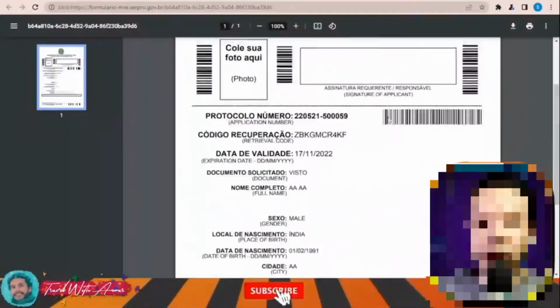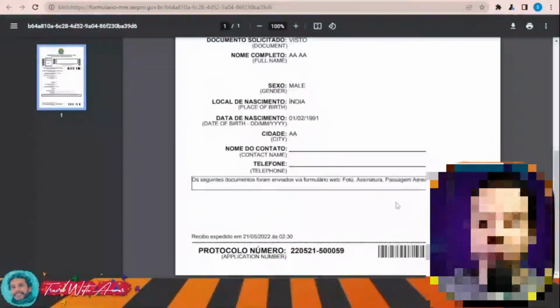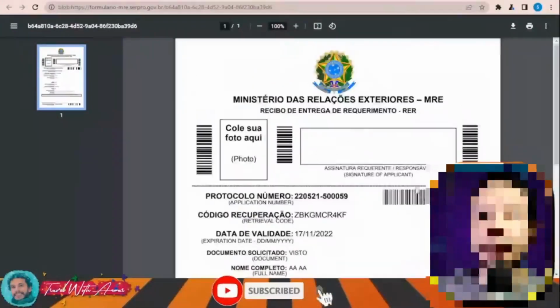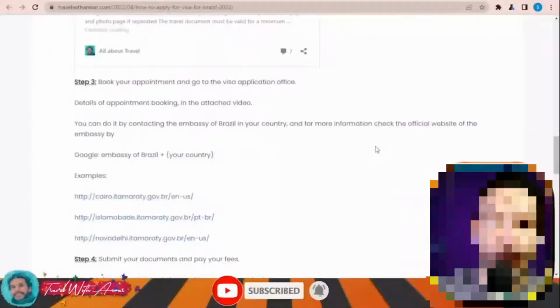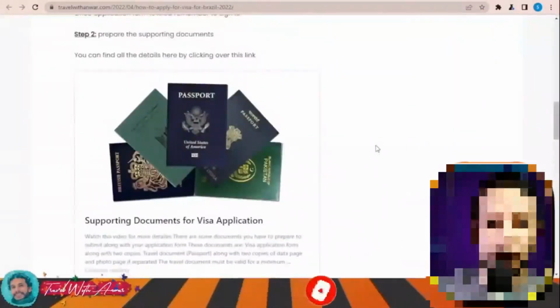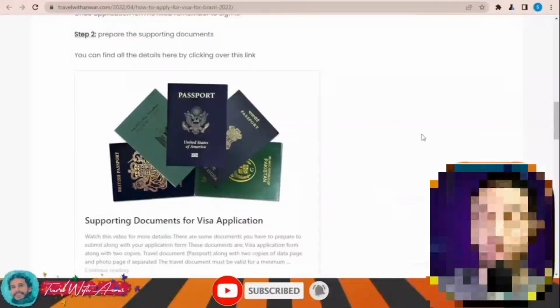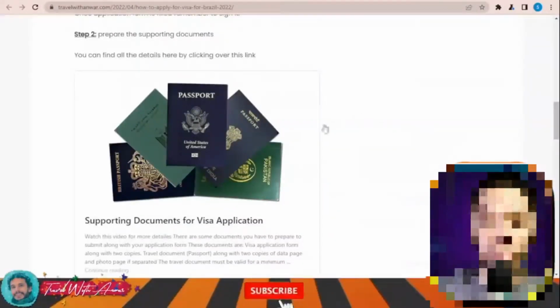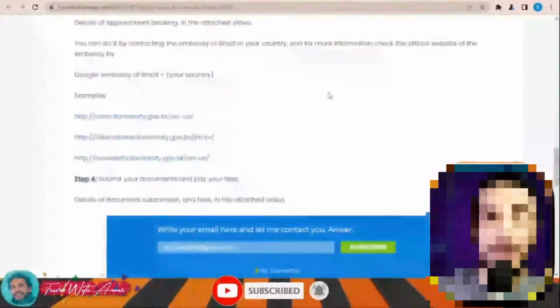You can find all the details like the code of the application, the number of the application, and this barcode, and they will recognize it in the embassy or in the visa application center through this unique number. The next step after that is to submit your visa application form. Of course, after you will have to take the visa form or the visa receipt that you have generated, along with all the required documents that we will be speaking about in the end of this video, and go to